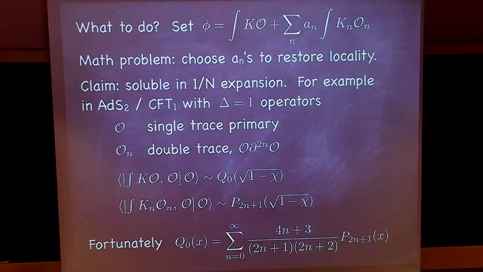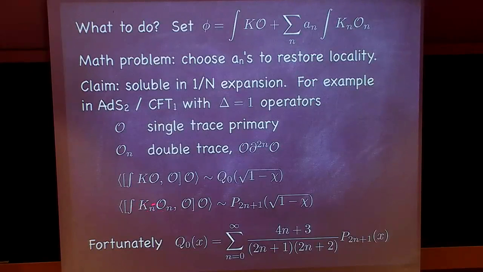For AdS2 and dimension 1 operators, that turns out to be some Legendre function of square root of 1 minus chi. So that's the commutator that you pick up from just the single trace operator. And it's non-analytic when chi goes to 1. You've got this square root